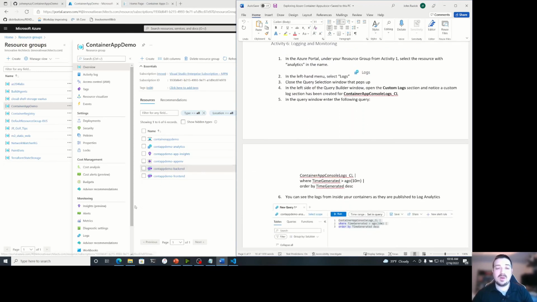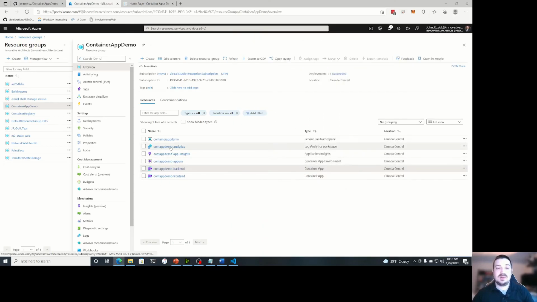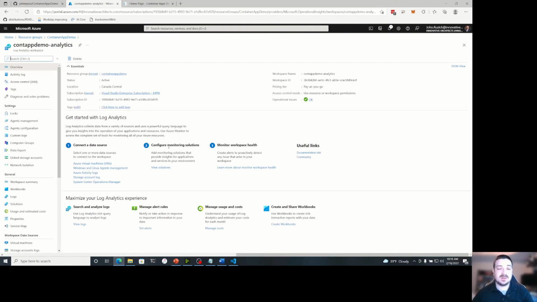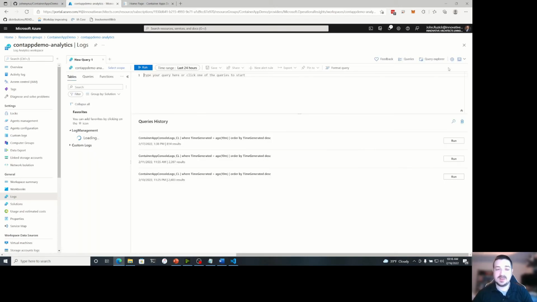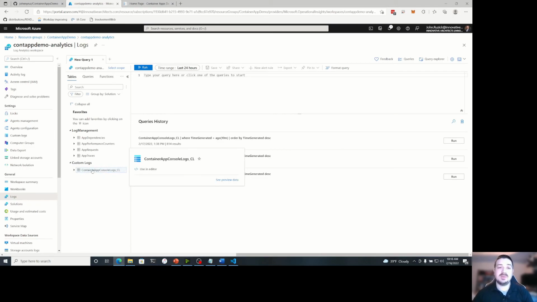We can look at our logging and monitoring. So in our demo app analytics resource, under logs, we'll close this. You'll see we've got this section for custom logs and this container app logs CL. So this is a custom logging table that is provisioned when you stand up a container app environment.